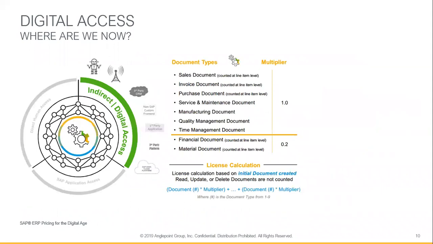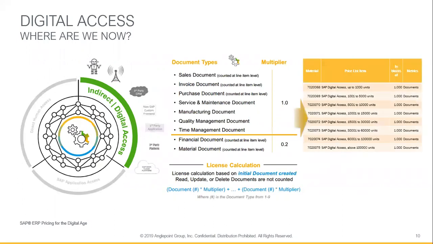But let's have a closer look. And again, this slide is also taken from that presentation, but I will add another table that you see here on the right-hand side. SAP pointed out in April last year that they will differentiate between 9 documents. Maybe they will add additional documents in the future. Maybe they also will consolidate some of those documents.